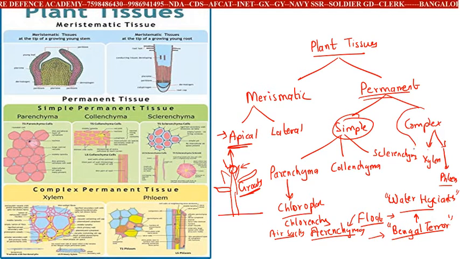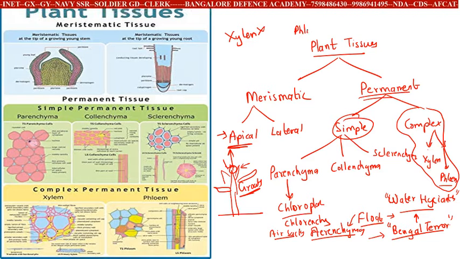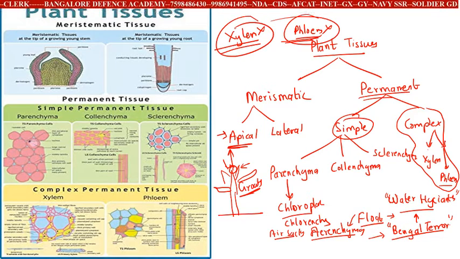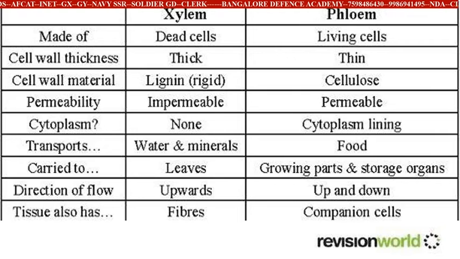But from our exam point of view, the most important are xylem and phloem. Your examination question will be what will happen if xylem is not functioning properly or if phloem is not functioning properly. Xylem and phloem, these are the two important things that you should keep in mind from our exam point of view. So this is once again the same picture depicting where the xylem and phloem are situated and how exactly it looks in your stem or in your leaf or in roots, etc.